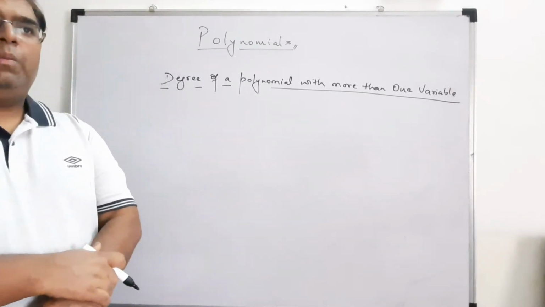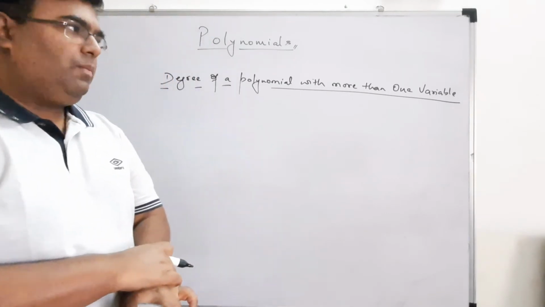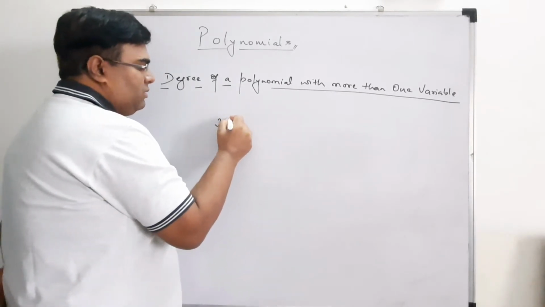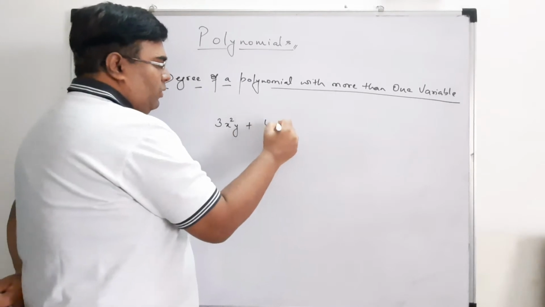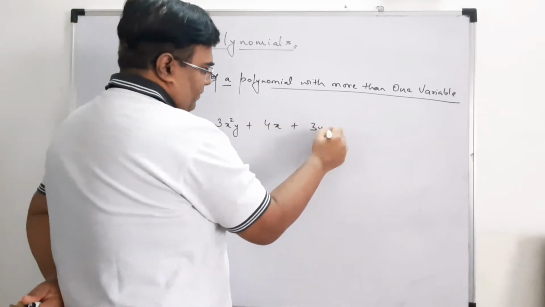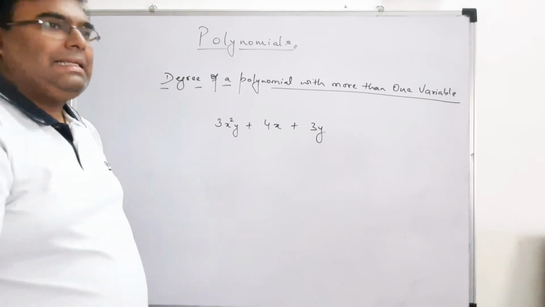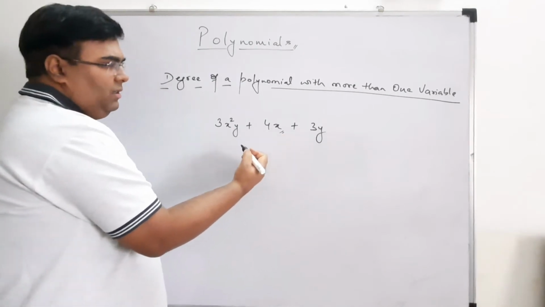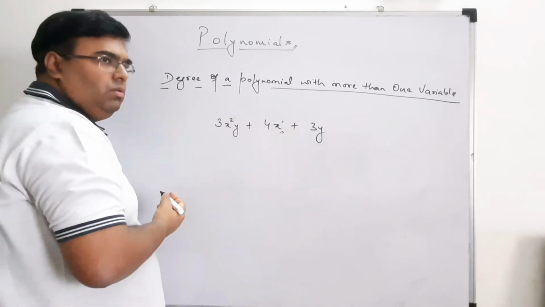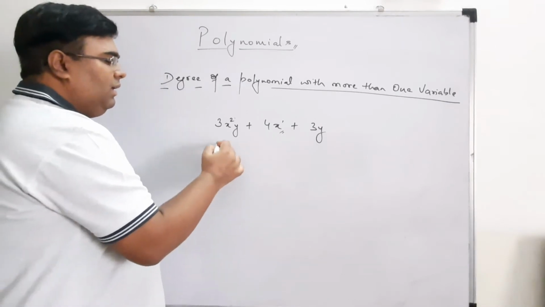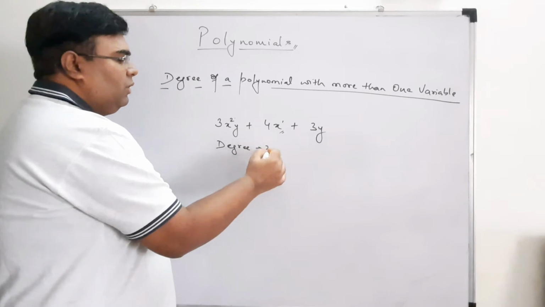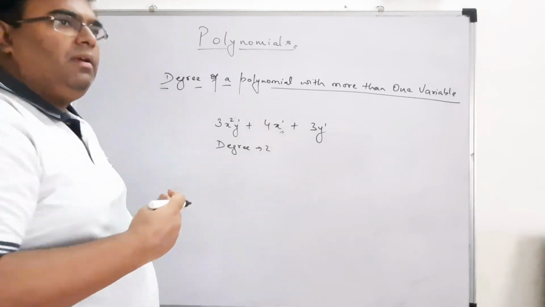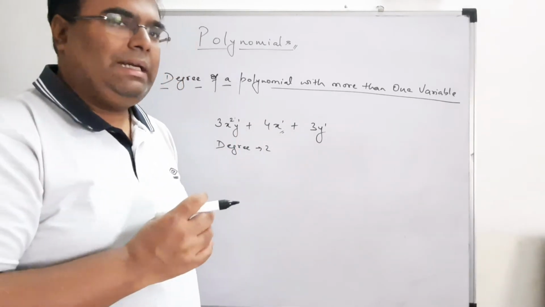Now in those polynomials, only one variable was there. Suppose if we have more than one variable, for example, it is like 3x square y plus 4x plus 3. Okay, suppose it is like this. So if you check only one variable, suppose I am checking x, right? So here the power is 1 and the power is 2. So what students do basically, the degree they write as 2, the highest power of x. Even if you check y, power is 1 here, 1 here. So they write it power or degree as 2, but it is wrong.